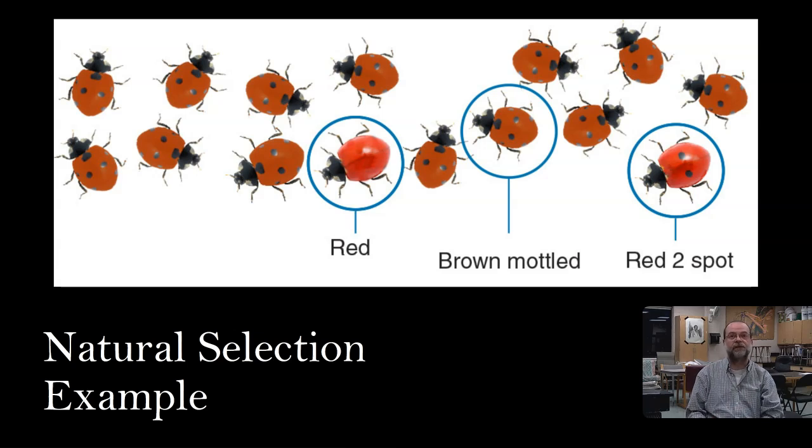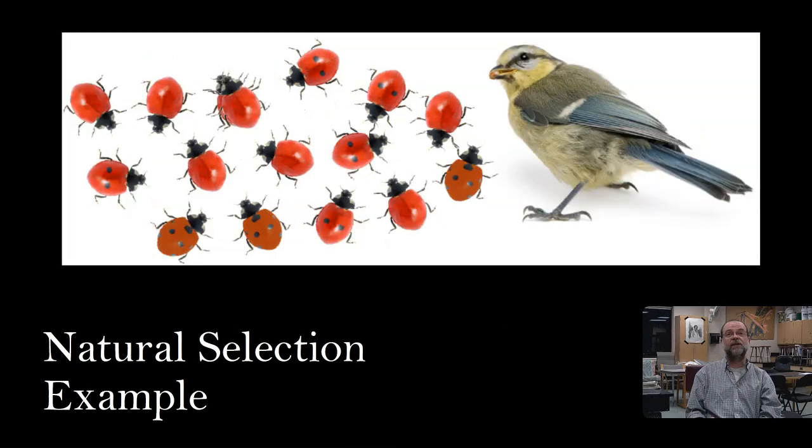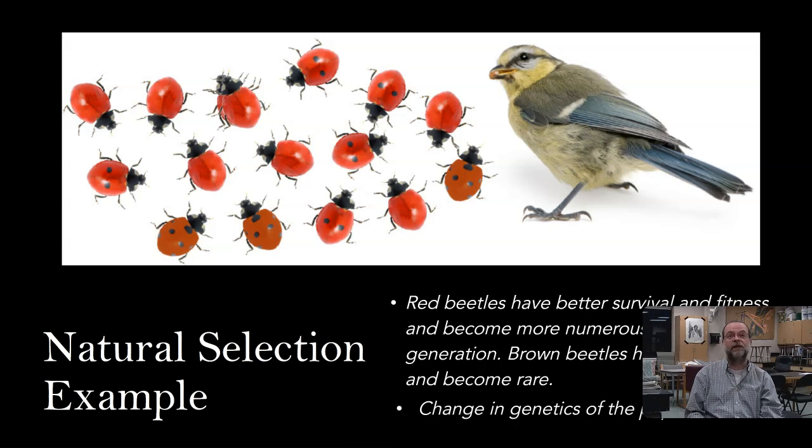That's basically natural selection. Here's the example we use in class. You've got brown beetles, and there are some mutant red beetles. The brown beetles are picked off by the birds. They stay away from the red beetles for one reason or another. And what's left over a long period of time is the red beetles, the mutants, which tend to be more favorable because they are more fit to the environment, because the bird doesn't eat the